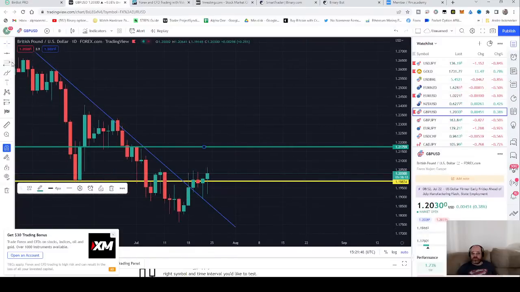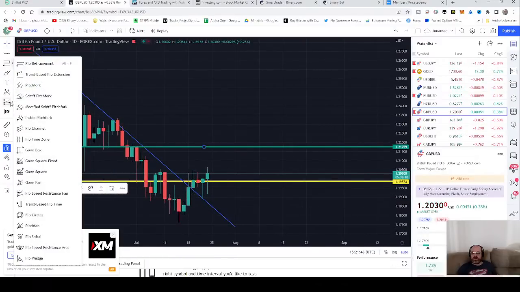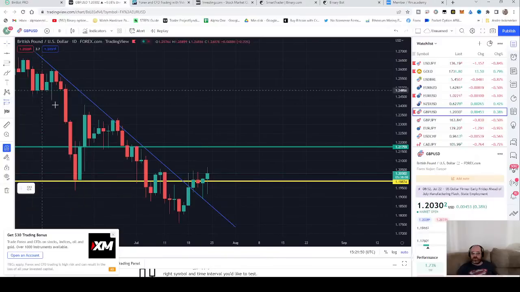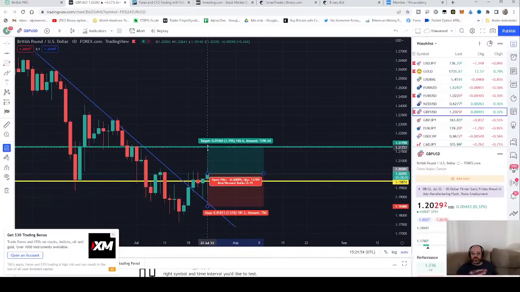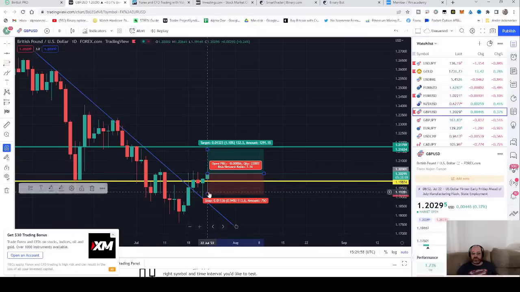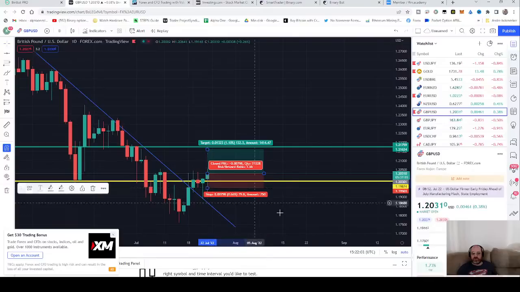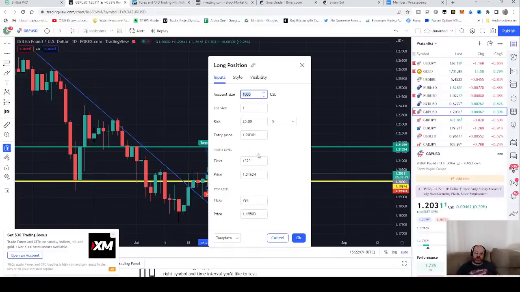So here we can take a long position right now. Take profit up to this level there, and let's make a stop loss around there. I think it's a nice trade. We take this one. So GBP USD, we take